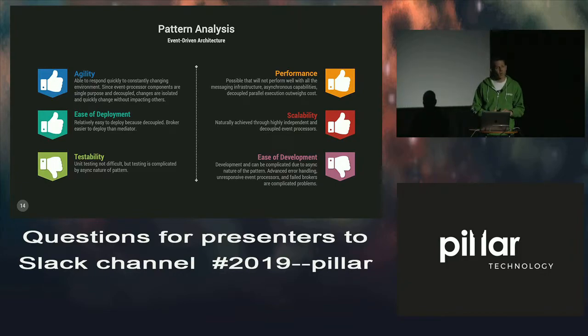So it can be very difficult and complicated to test. There are some things that we do to try to keep track of how messages are flowing through the system, and there's a lot of interesting tooling out there now as we have more of an asynchronous world with distributed computing. The basic stuff is creating a correlation ID that gets passed along with every one of your events. That gives you some way to trace through where all of your event processors are dealing